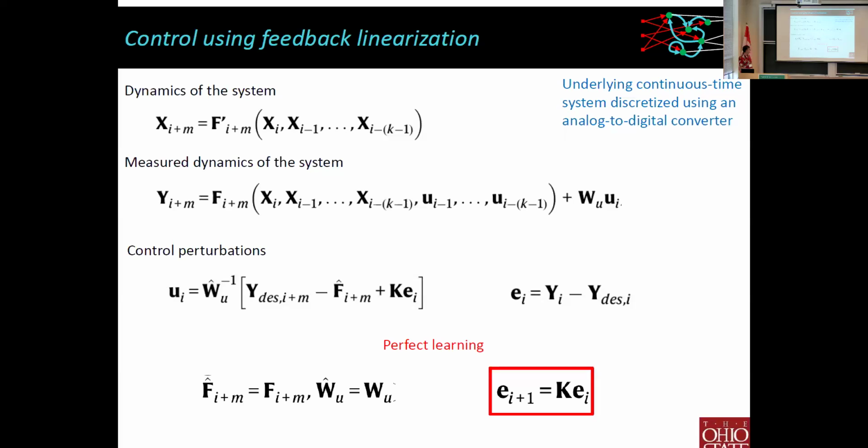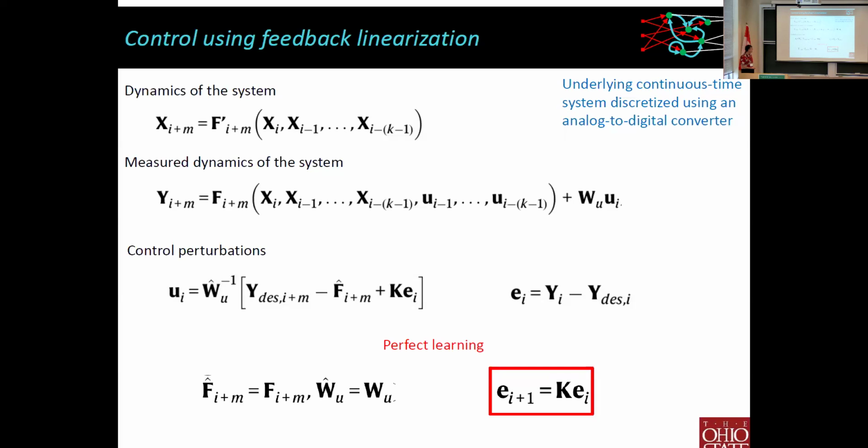Is that term WU, is that a linear term or is that nonlinear? It's a linear term in general. It would just be a constant. W is a matrix. So it's just telling you if I measure from here, I could couple into some other variable of the system. So it's a constant matrix. But I still assume you don't know it. You still have to learn it.